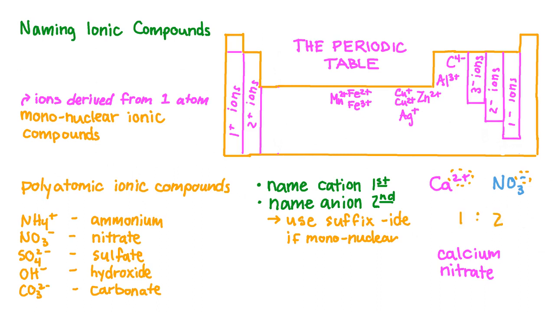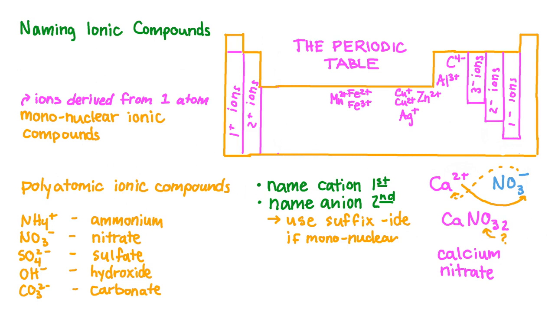We may recognize right away that we'll need 2 of the nitrate anions to balance out the positive charge of the calcium cation, which would give us a ratio of 1 calcium cation for every 2 nitrate anions. But if we don't see this right away, or if we're dealing with a more complicated ionic compound, we can use this trick to come up with the chemical formula where we swap the charges and use those as the subscript of the other ion. Either way, we'll need 1 calcium ion for every 2 nitrate ions,